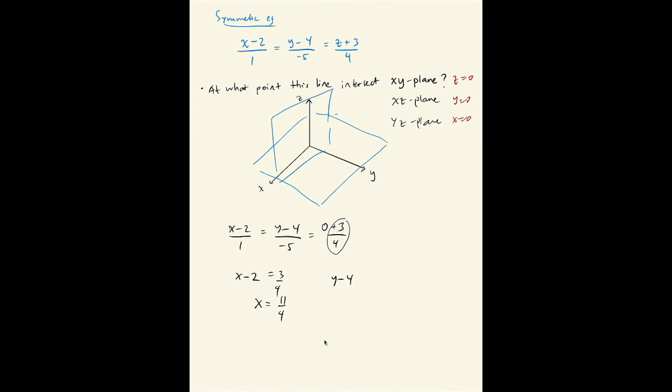And y minus 4 is... and y is... plus 16, right? So 1 over 4, yes. Yeah. So L intersects the xy plane at